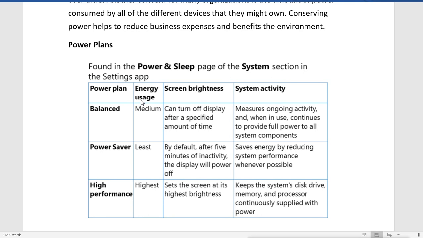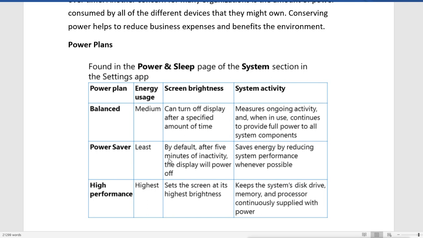That means your screen brightness can turn off the display after a specific amount of time, and your system will measure ongoing activity and, when in use, continue to provide full power to all system components when you are in the balanced plan. When you are in the power saver plan, your energy use will be least, it will use the least energy.